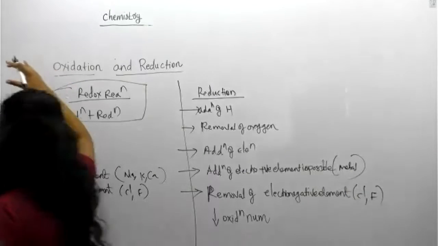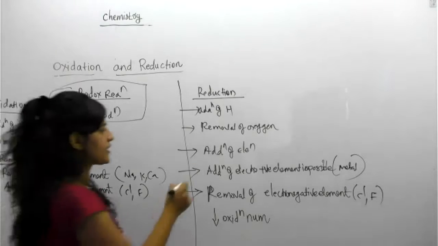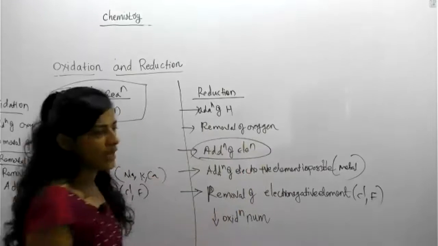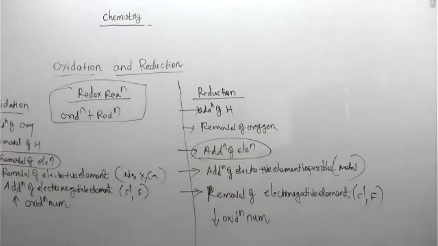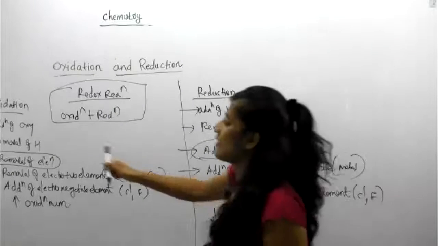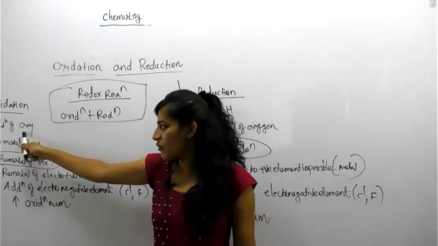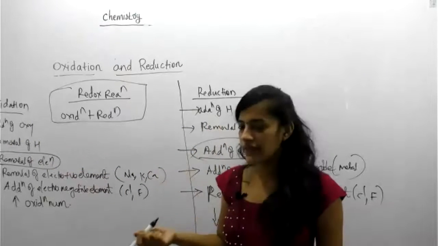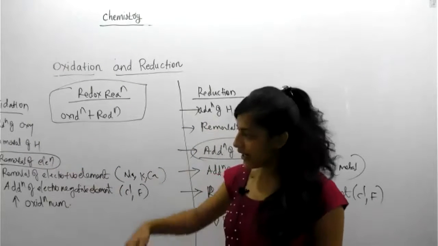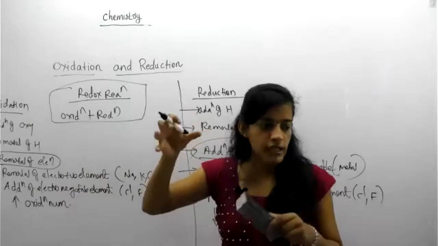First of all, oxidation means what? Addition of oxygen, removal of hydrogen, removal of electron. Electron removal is very important. Others are also important. Oxidation meaning addition of oxygen is very easy for memorizing, and addition of hydrogen for reduction is also easy to memorize. But during the chemical reaction, you want to check the change in positive or negative.